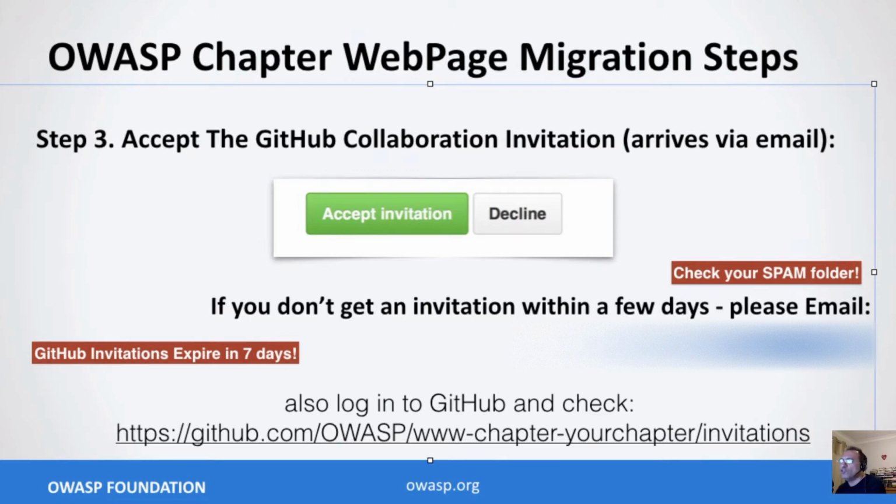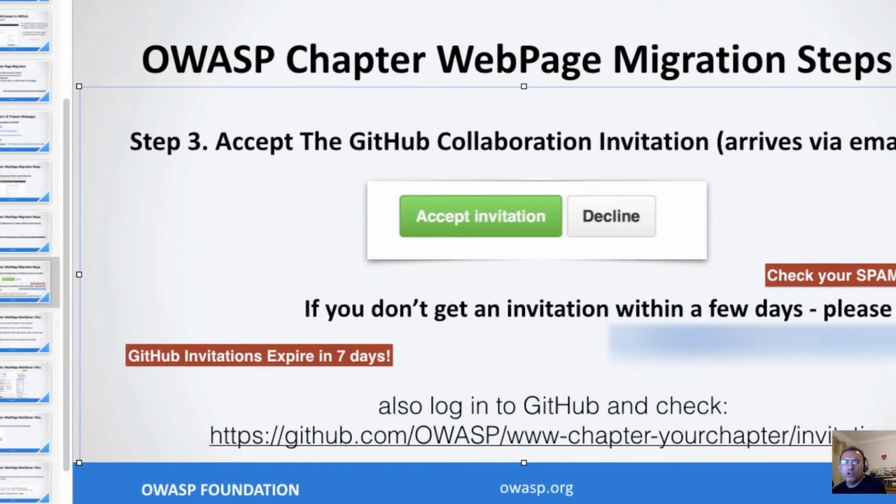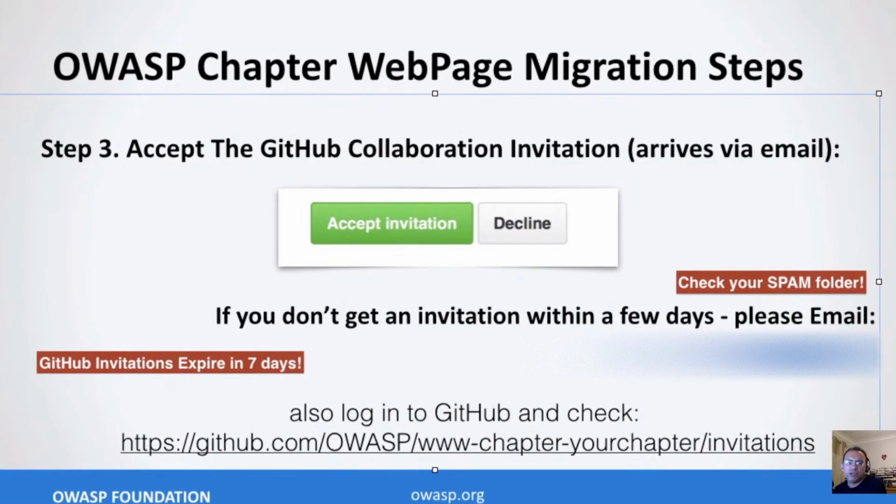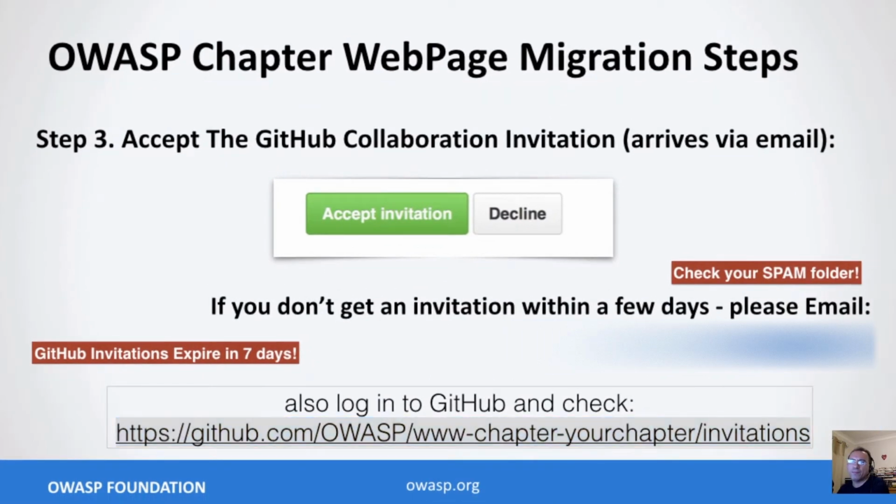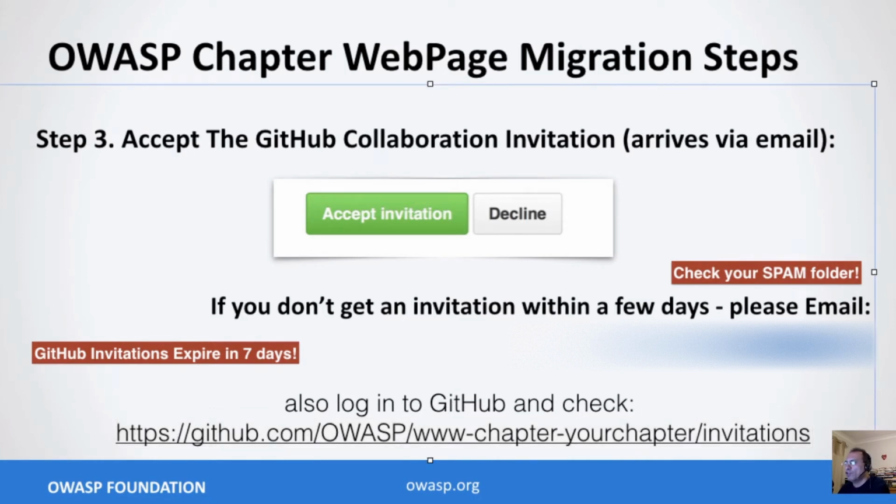And you can also just navigate to your repository URL, github.com/owasp-www-your-chapter/invitations. Please note that GitHub invitations automatically expire after 7 days, and if you missed one, you will need to email Harold Blankenship and ask for a fresh invitation.